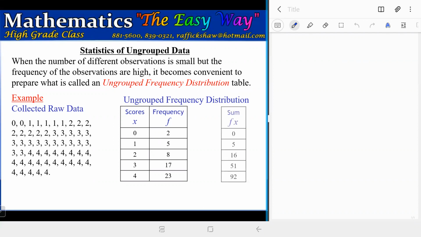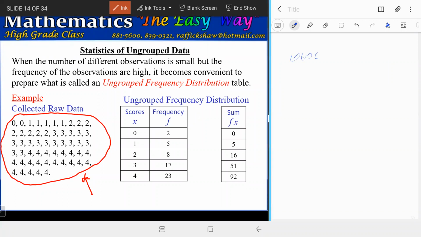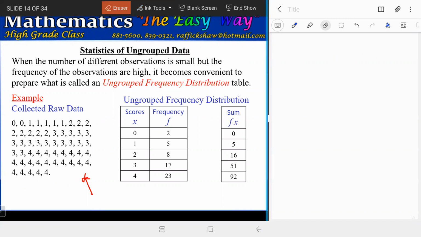So from that now, we can do a sum column. We need a sum column to know the total of all the values, because to calculate the mean, we'd have to calculate the sum of all the values. If you were to list out all the values, you'd have to go 0 plus 0 plus 1 plus 1 plus 1 plus 1 plus 2 plus 2. You don't want to have to do that. So a quick way to do it is to say, okay, since there are